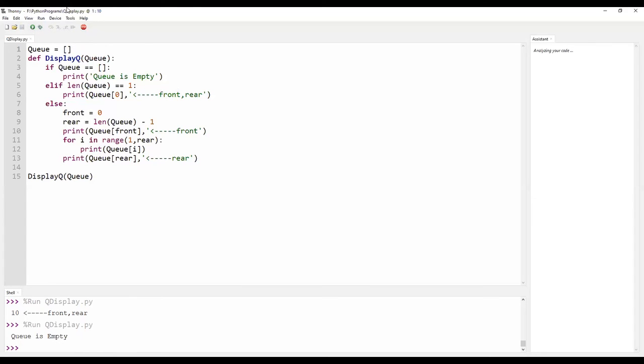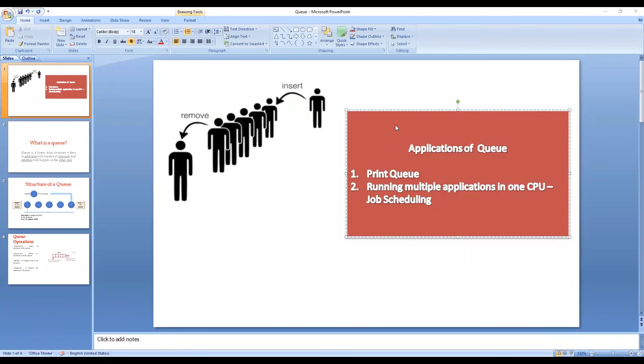And I hope all the 4 operations, namely enqueue, dequeue, peek, and display, have been explained. The last topic for the session is application of queue. Print queue is one example where queue is being applied.